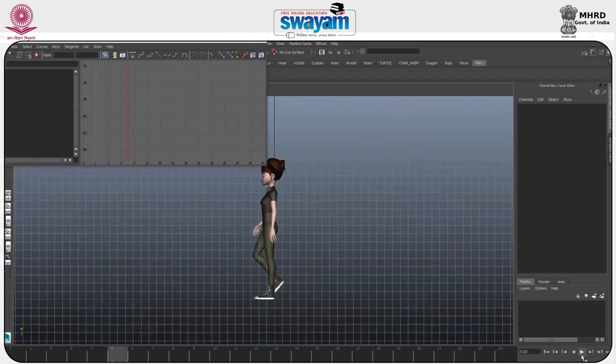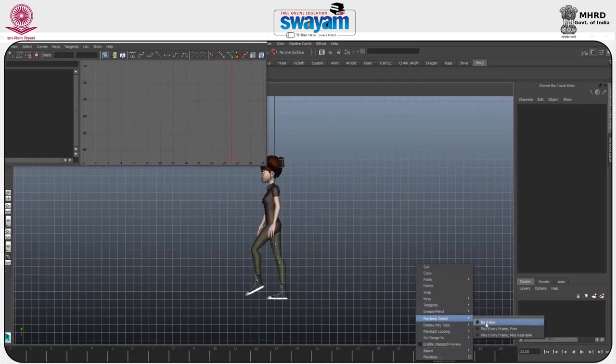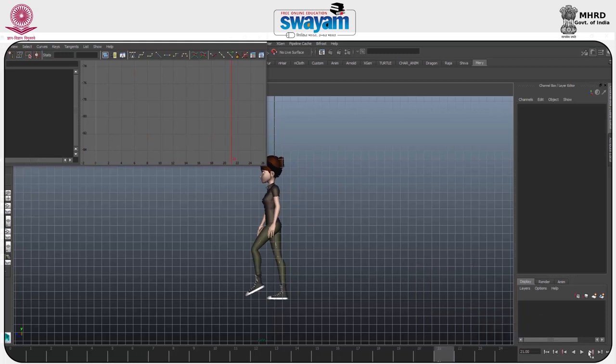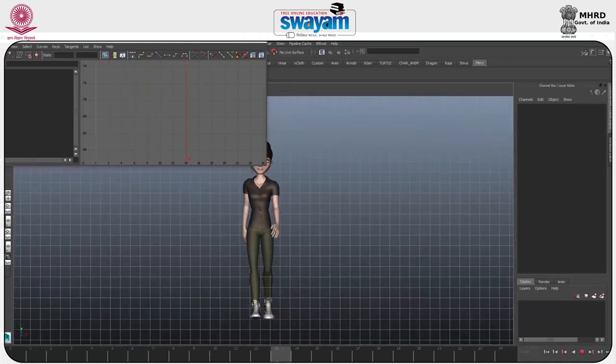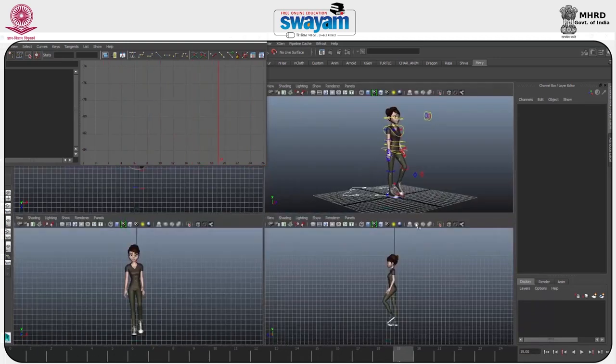After blocking, you have to put some amount of points in between them, because if blocking is played in the play blast, it will form some amount of jerk. As you can see, we have play blast play speed, which is in QuickTime, or you can also use the real time. Right now I'm using time for a while, and after that I change the playback speed